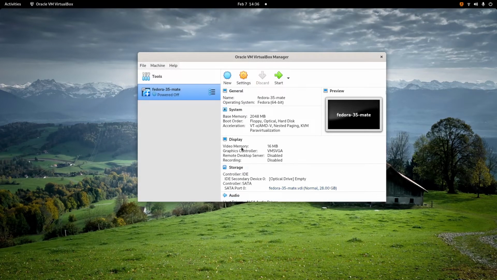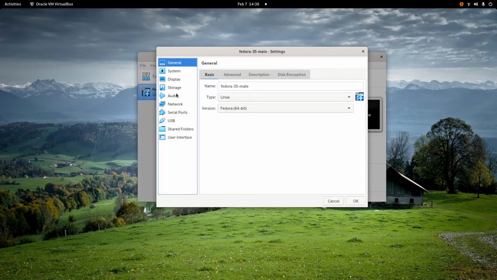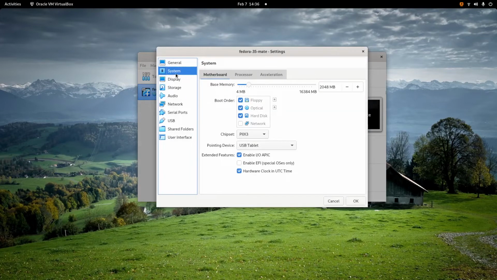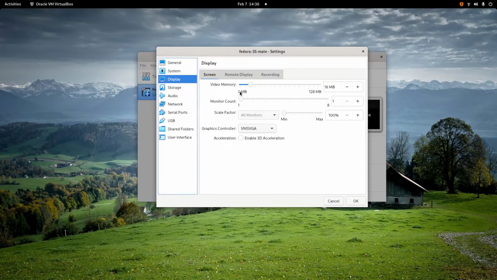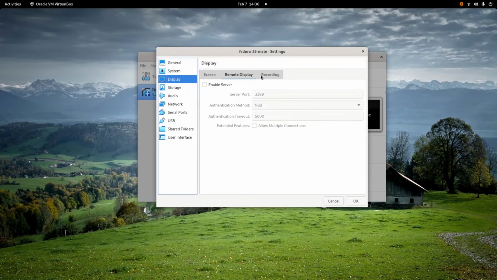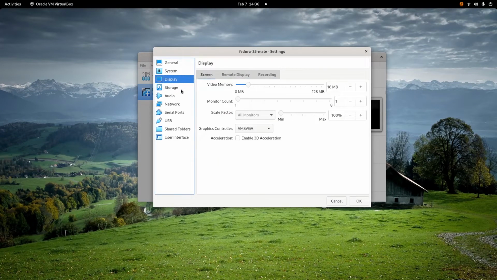Before you start your VM you need to do some settings. For example, in the system settings I don't use the floppy, so I will uncheck this option. For the display I will change nothing.